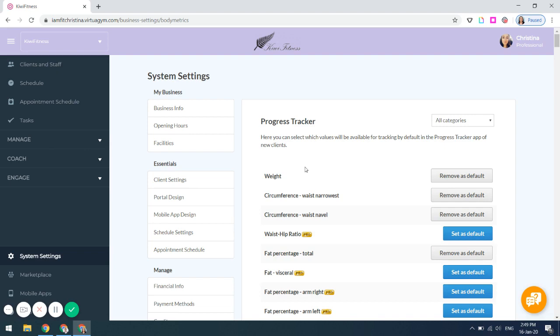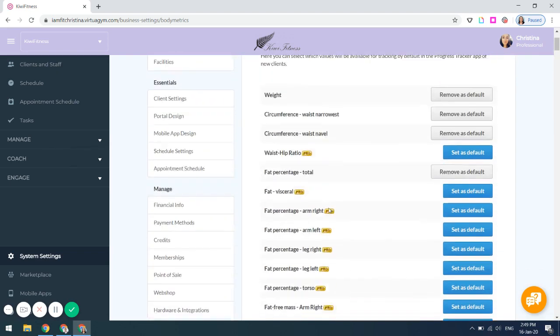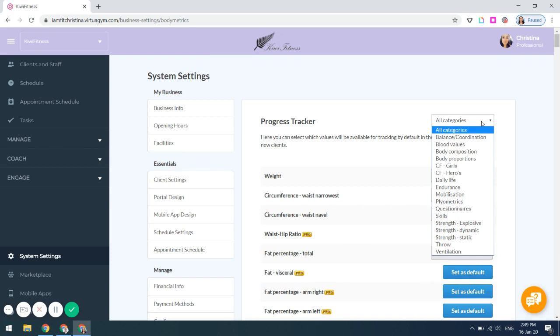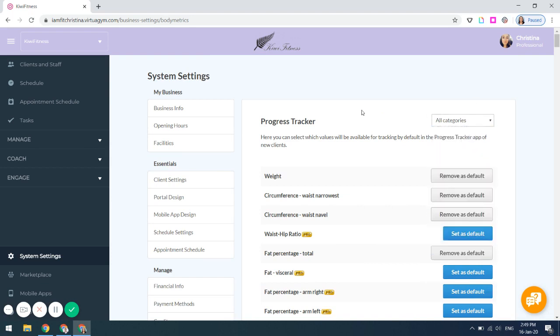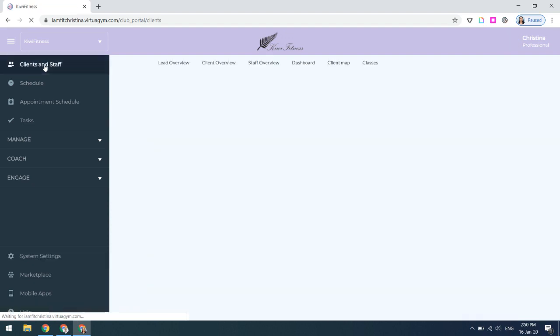Now, bear in mind that there are quite a few different metrics to choose from, so we advise you to either refine the search using the categories dropdown or use the Control F lookup function to look up the specific metric you would like. Now we can head to a specific client,